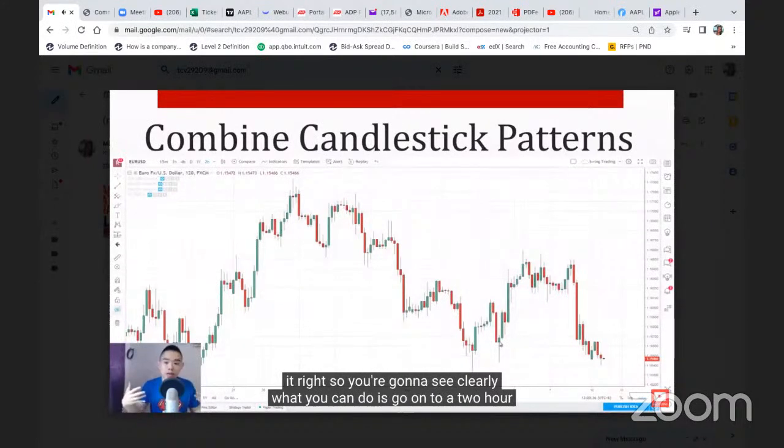So if you want to see clearly, what you can do is go on to a 2 hour time frame, and things might be different, right? You might get a clearer view of what's happening. Similarly, if you're on a 4 hour time frame, you can't make sense out of it. Go up to the 8 hour time frame, and things might be clearer for you. Okay, so this is the so-called usefulness of combining candlestick patterns and understanding what's going on